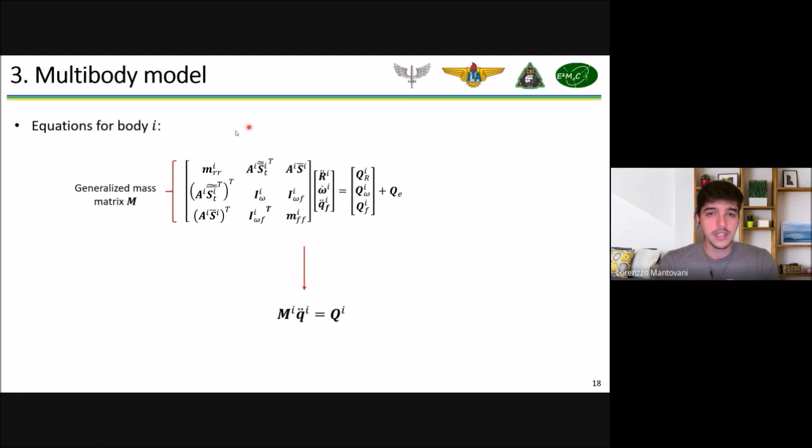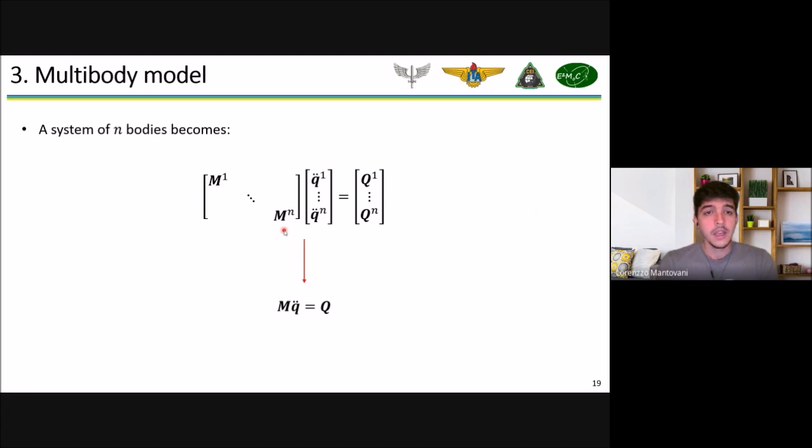We can also write this system here in a more compact way using this expression where E indicates that it's for body I. Then, if we have several bodies ranging from 1 to n, we can concatenate those matrices and form another system, or in a compact way, like this. But here, each line is basically the equations for one body, and they are all not coupled,